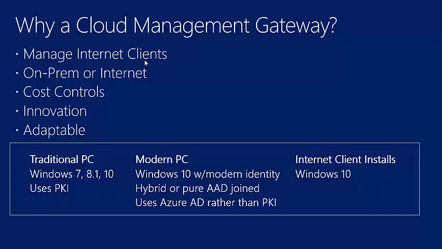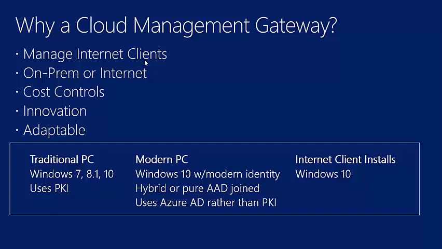With the Cloud Management Gateway, a client detects automatically whether it is on-prem or on the internet, and adjusts accordingly. So if we're on-prem, we're not going to automatically pick the Cloud Management Gateway. We're going to pick an on-prem infrastructure so we don't have the cost associated with the Cloud Management Gateway. Now, in certain scenarios, you might actually want a client that's on-prem to talk to the Cloud Management Gateway, and you can actually configure that. In fact, in the demo, I'll show you how to force a client to the Cloud Management Gateway,